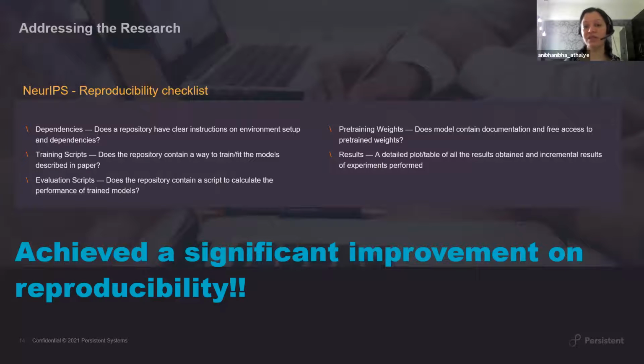or a research paper. Does it have training scripts? Does it have evaluation scripts which can be reused for reproduction? Does it call out very specifically all the pre-training weights that have been used? And more importantly, does it document all the results or outcomes to the T, even in terms of graphical visualizations and all? It's a very detailed guideline, not specifically targeted at how you should be doing it, but